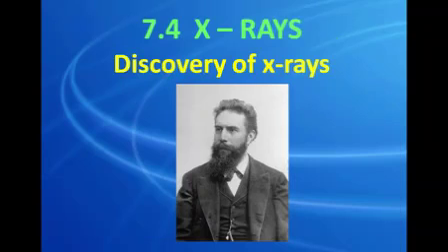Thank you. Next we are going to see X-rays. First of all, the discovery of X-rays. In 1895 Wilhelm Röntgen discovered X-rays. When fast moving electrons strike a target material, a highly penetrating radiation is observed. That ray is called X-rays. X-rays are electromagnetic waves having short wavelength, ranging from 0.1 Angstrom to 100 Angstrom. They travel in a straight line with the speed of light.